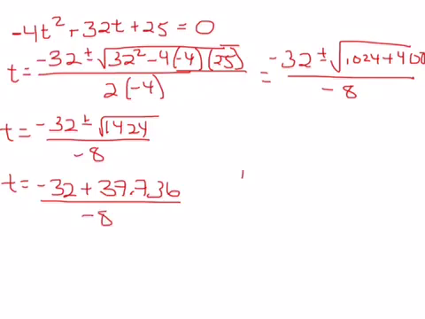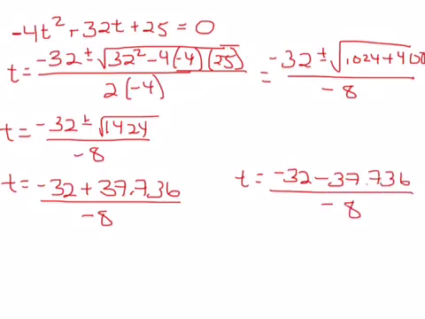And we have t is equal to negative 32 minus 37.736, all over negative 8. Okay, so when we do negative 32 plus 37.736, we get 5.736